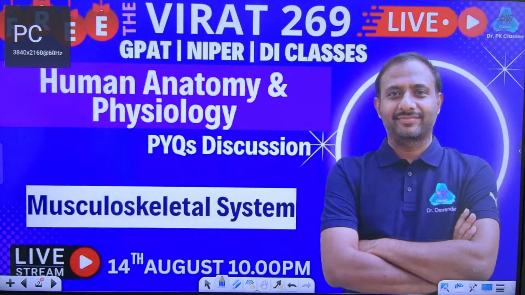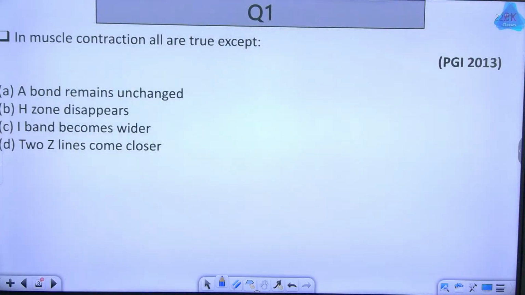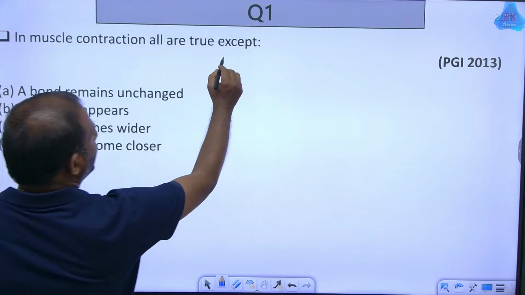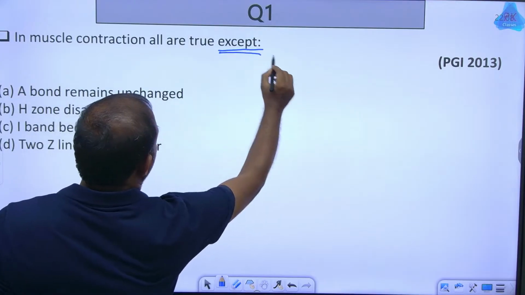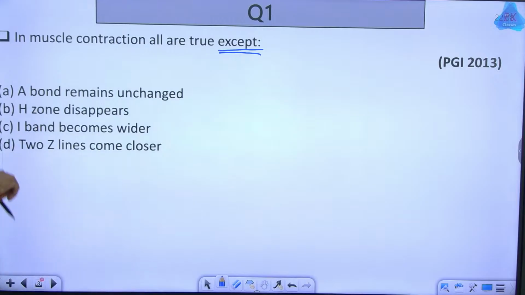So the first question is, in muscle contraction, all are true except. तो मसल कॉन्ट्रैक्शन में इसमें से कौन सी गलत है? बता दीजिए आंसर्स चार्ट में।